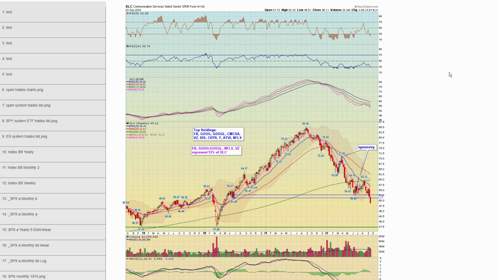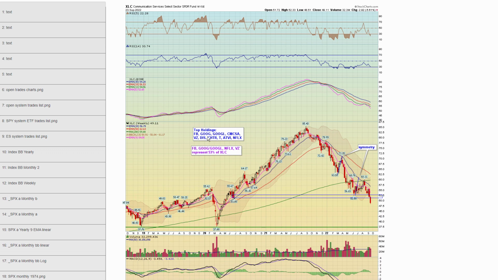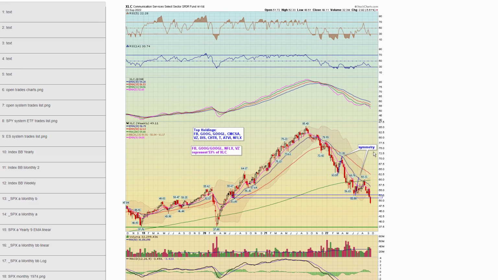Next, chart 57, communication sector, containing a lot of those former FANG names like Facebook, Netflix. Of course, Google's on there, Disney. But boy, this is ugly. It lost this demand zone and now in free territory here. You do have a MACD divergence on the weekly time frame, stochastic oversold, but you would need to see some sort of reversal doji to have me interested at all to nibble at it. You can see that last rally stalled perfectly at symmetry.